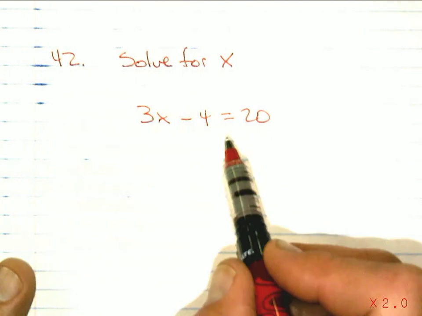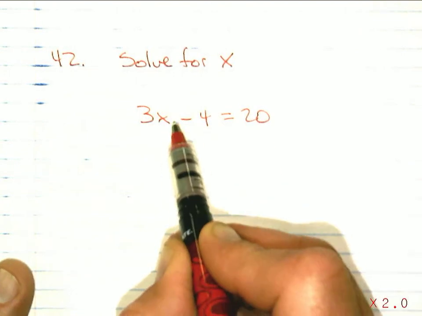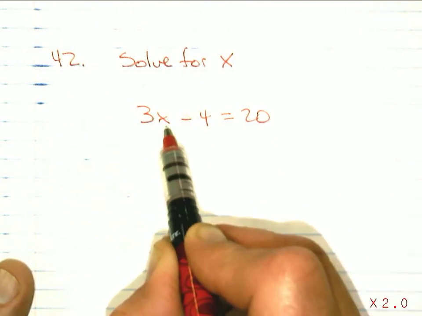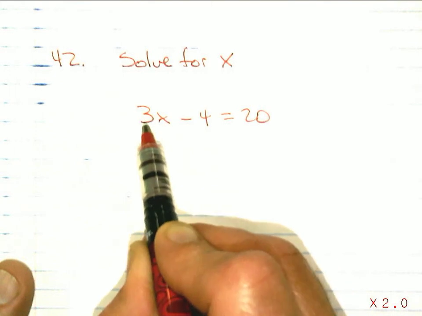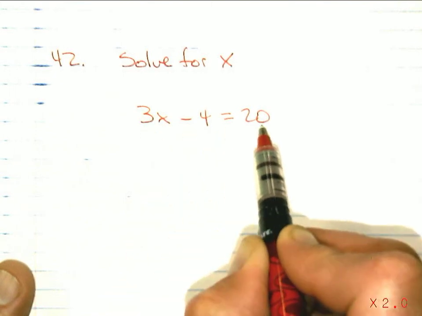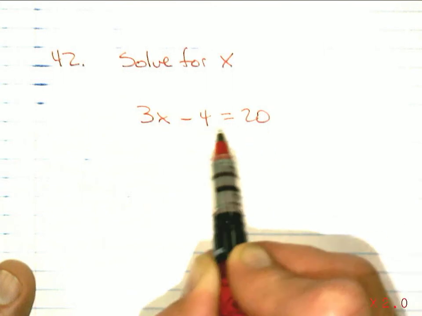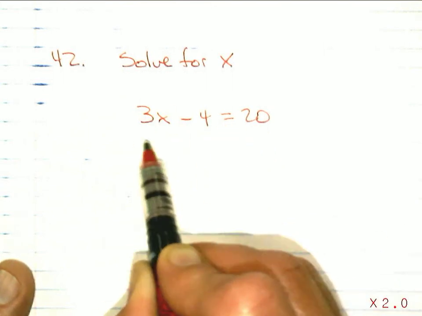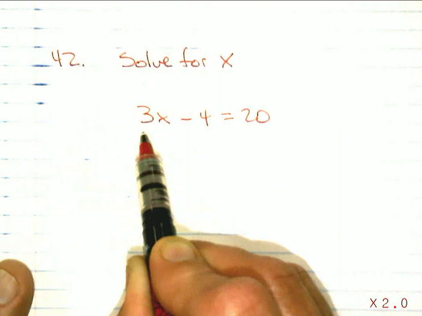So we have a problem here where it asks us to solve for x. In other words, what value of x, what number multiplied times 3 minus 4 will give us a result of 20. And some students will approach this problem just mentally, thinking, okay, if I can guess and check this through,